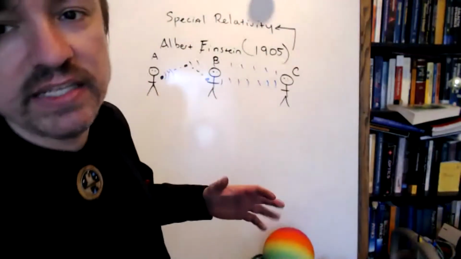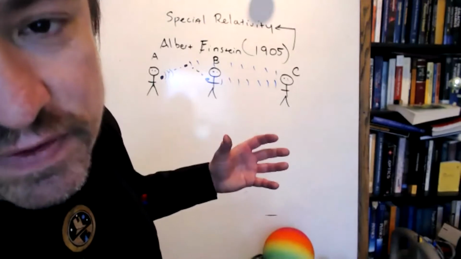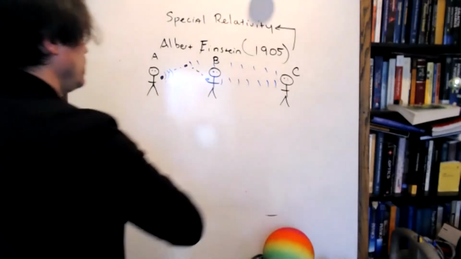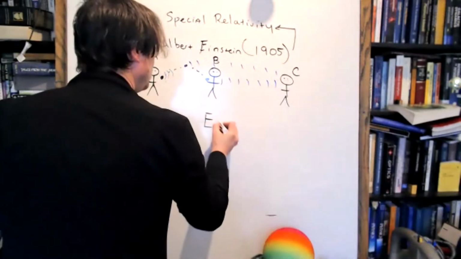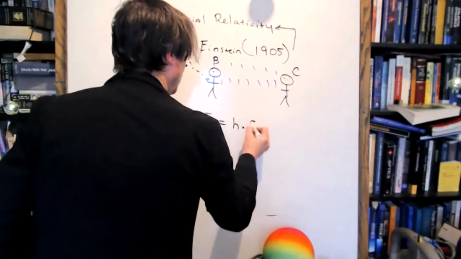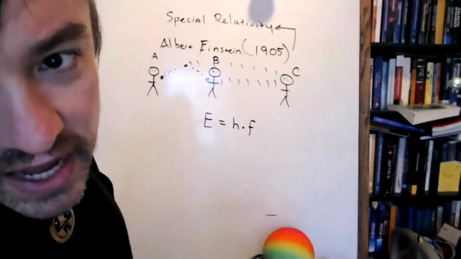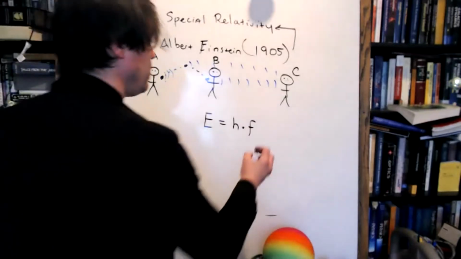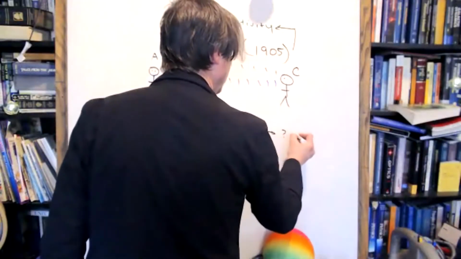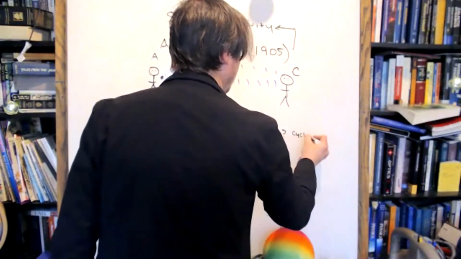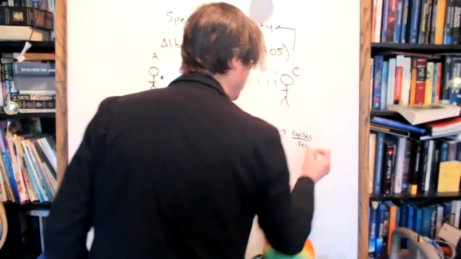Here's the problem with a static electric and magnetic field. You'll be blind. Huh? You'll be blind. No, it's not that you'll be blind. It's that the energy of the photon will disappear. Oh. Remember, students, that we defined the energy of a photon as Planck's constant times the frequency, where the frequency is measured in some number of cycles per second.